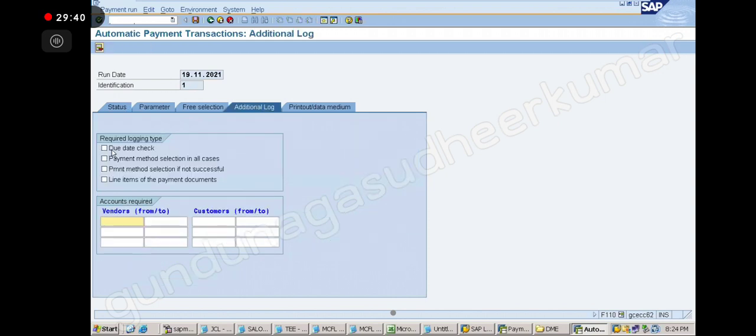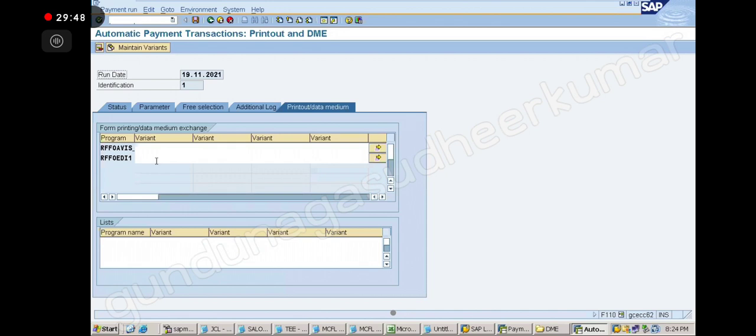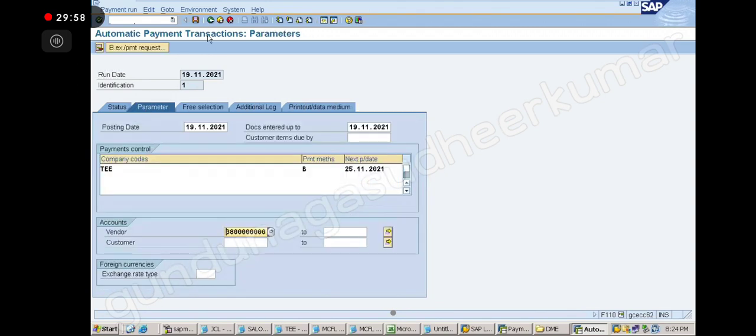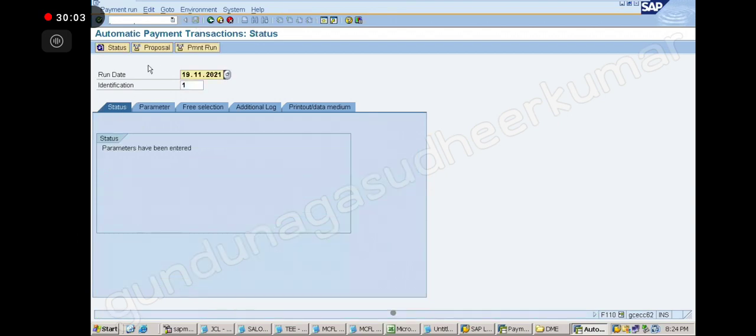Due date check, payment method selection. The check method is not required, no printing of the check, correct? Save. Now if I go to status, parameters have been entered.